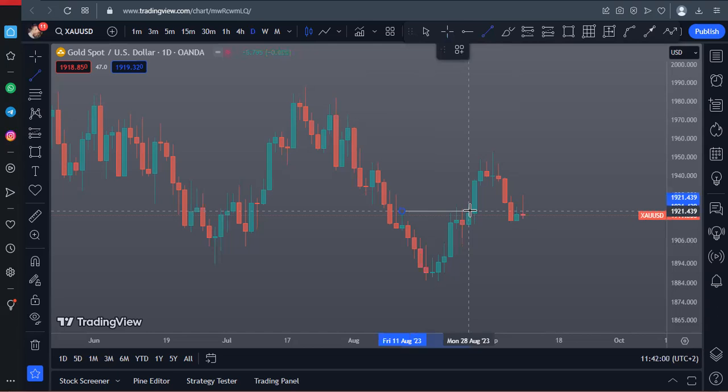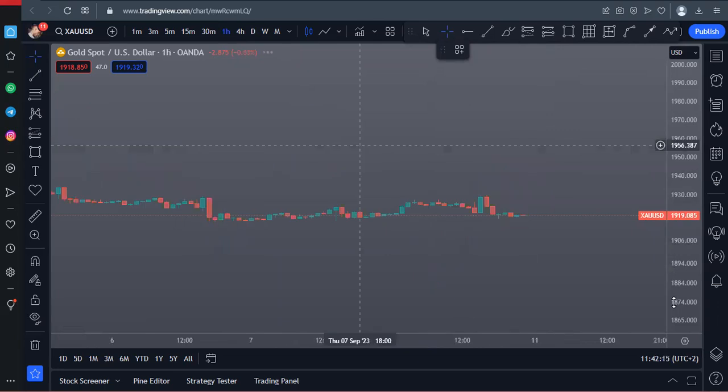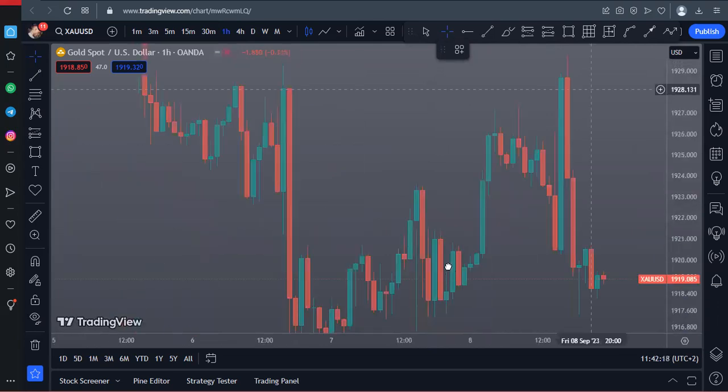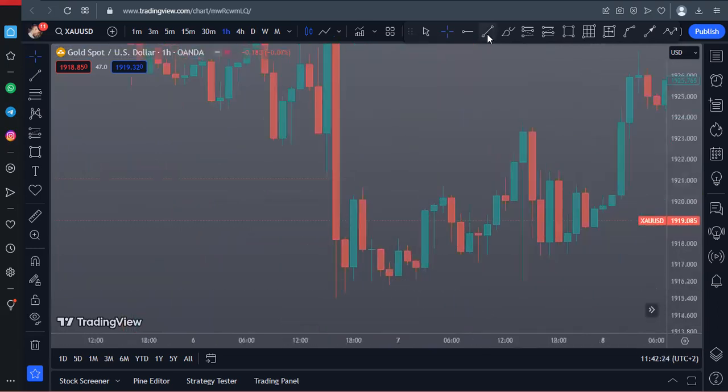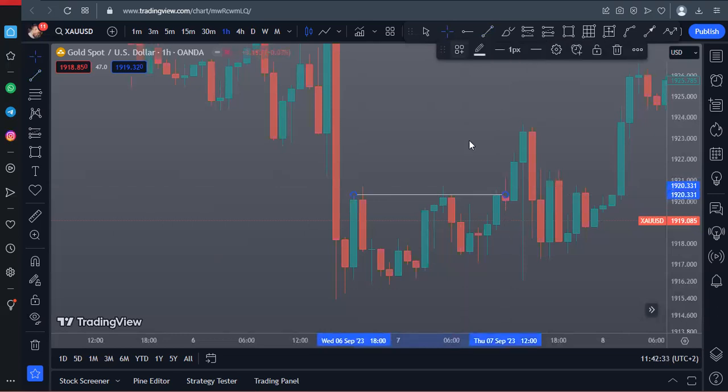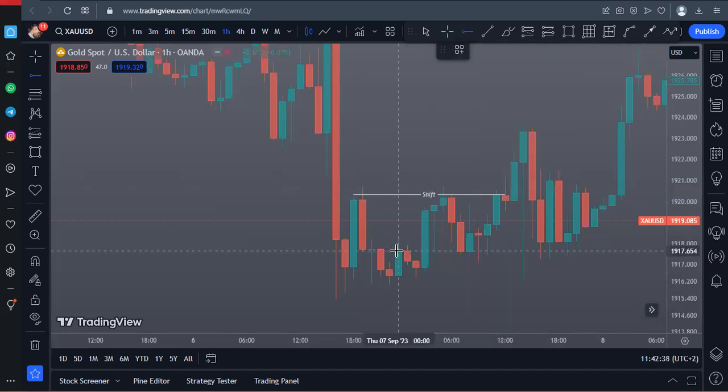So this was our shift on the daily time frame, and after we observed this, it showed that the market, we are looking for bulls. So when we go on the 1 hour time frame, I had to observe a shift which happened right here. So this was our H1 shift, and then after spotting this shift, we had to illustrate our inside formation,